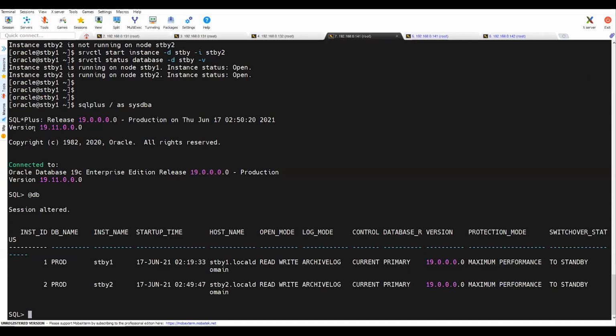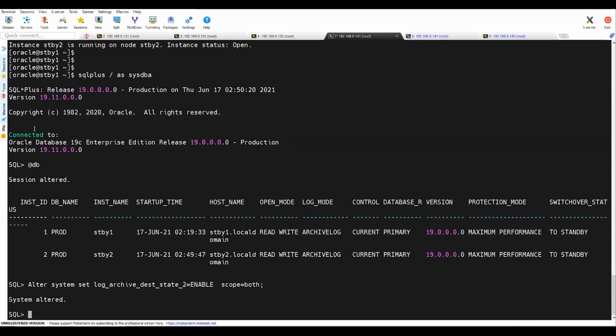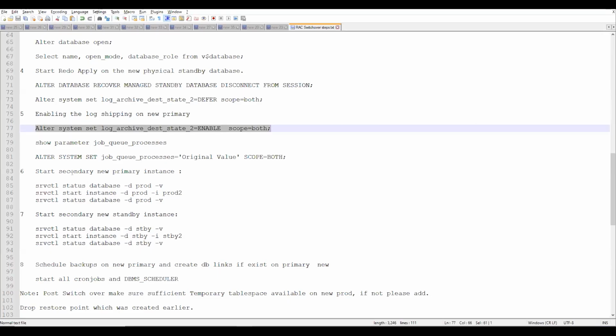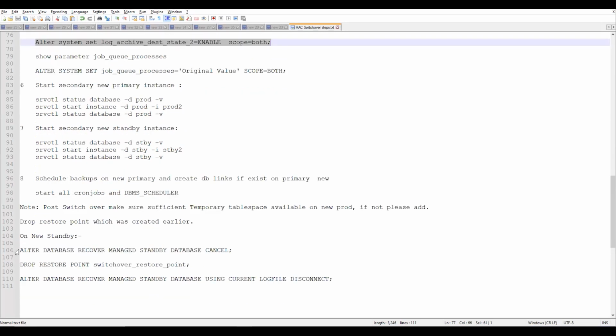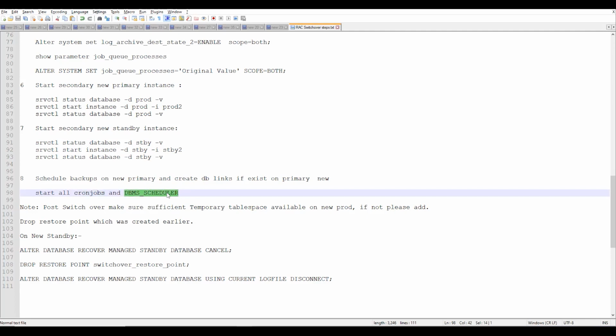And I'll enable the dest 2 on this new primary database from which the archive will be transferred. Once these operations are done, you need to enable all the necessary cron jobs and scheduler jobs if you have disabled them previously, and after that you need to drop the restore points.